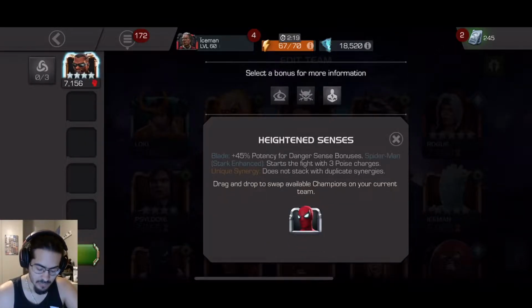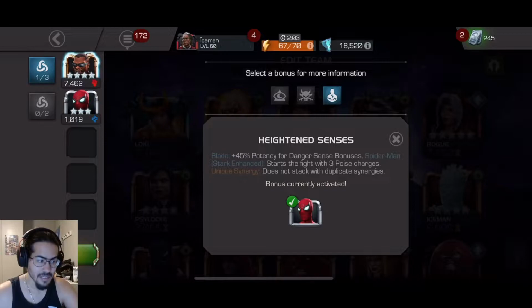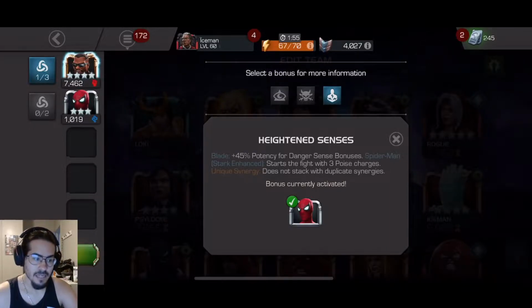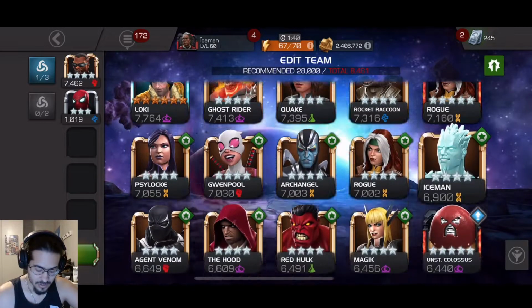So if I wanted to activate, let's say, Stark Spider-Man, I could just throw him on the team by grabbing his portrait and throwing it onto the team, and you see how that icon turns blue, and now it's activated, which means that for him specifically, he'll get a plus 45% potency to one of his abilities, and then Spider-Man starts the fight with 3 charges of one of his abilities. This is what's called a unique synergy, because it's a synergy that only affects the 2 characters that are interacting with